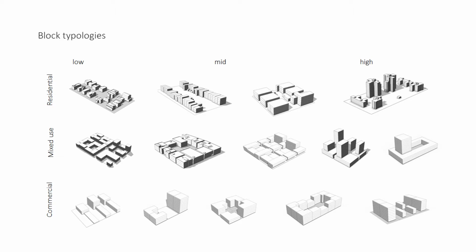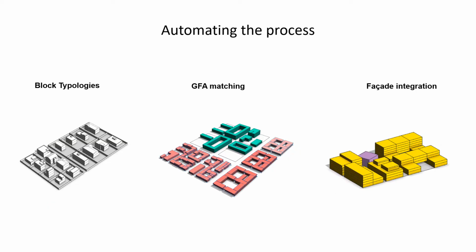And these work together to, for example, produce a wide variety of different types, whether it be detached housing or tower blocks or courtyard typologies, and working at this block level rather than individual building level lets us control how different buildings relate to each other and how they create these elements such as courtyards within the block.